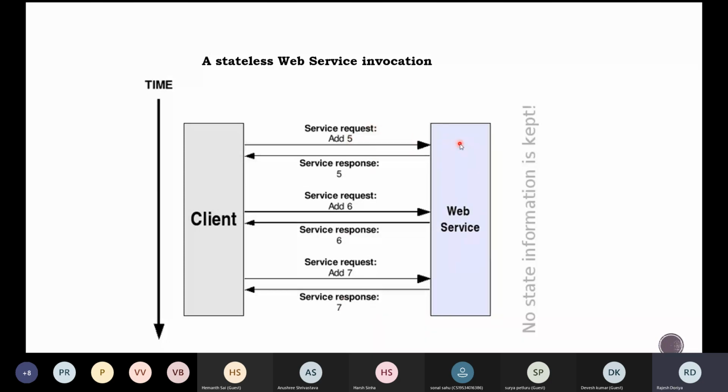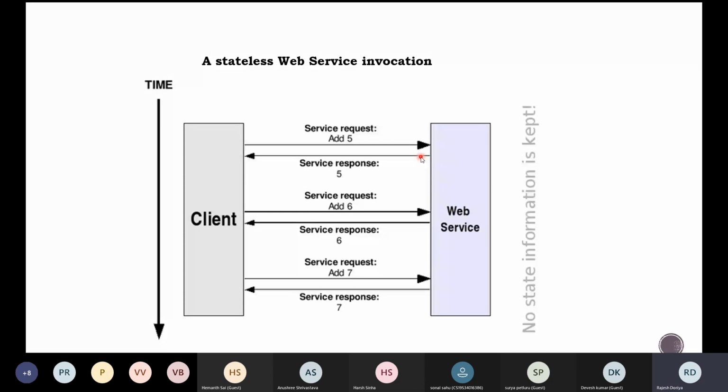These particular states are not being saved at the server side. Okay, and from the server side only the web services are being provided. So each and every time when the add request is placed at the server, it is processed directly without storing its state at the server. Okay, so this is why we call it a stateless service. So now let us see